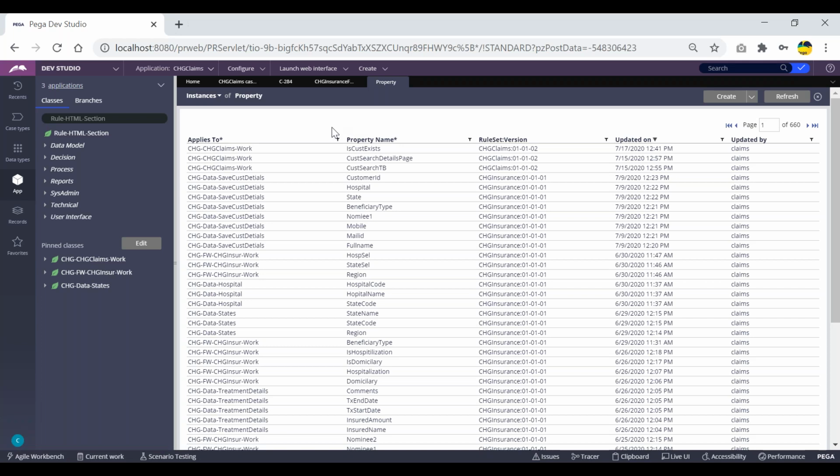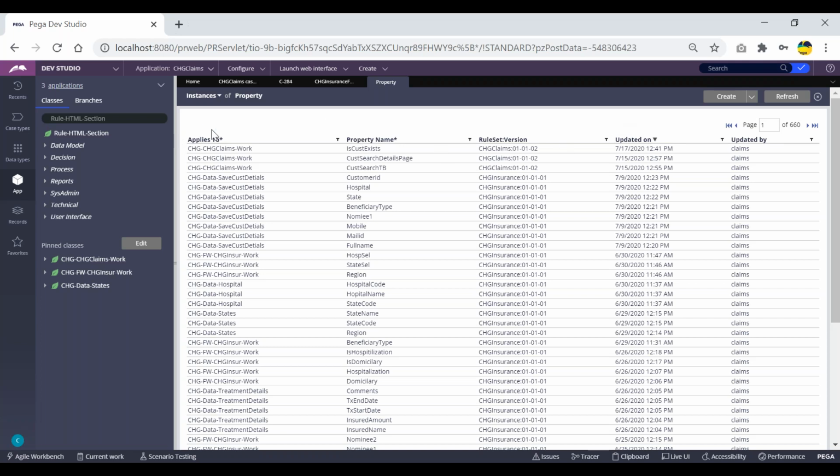We cannot say. We cannot remember it for each and everything, for property or flow, for flow action or section. For a few things we can remember. But if someone asks you about the instance class of something like a when condition, or a report definition, or data pages, how can we say? We cannot remember all of this.